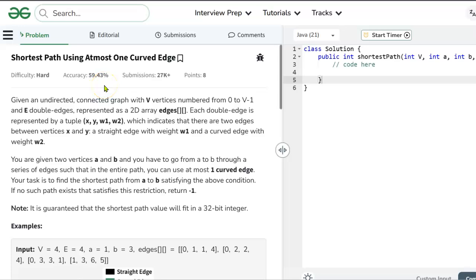Today's problem is shortest path using at most one curved edge. Given an undirected connected graph with v vertices numbered from 0 to v minus 1 and e double edges, represented as a 2D array edges. Each double edge is represented by a tuple x, y, w1, w2. Indicates there are two edges between vertices x and y, a straight edge with weight w1, a curved edge with